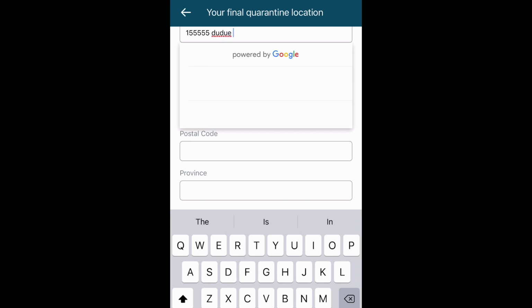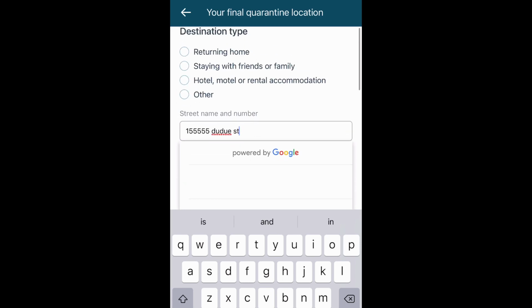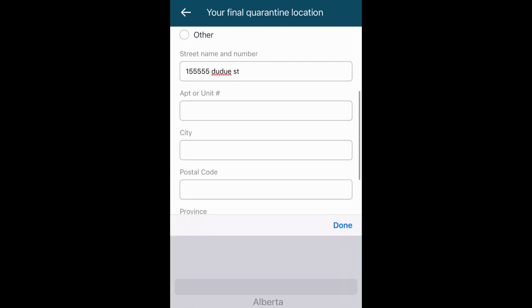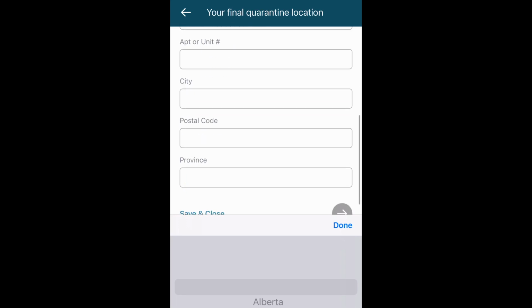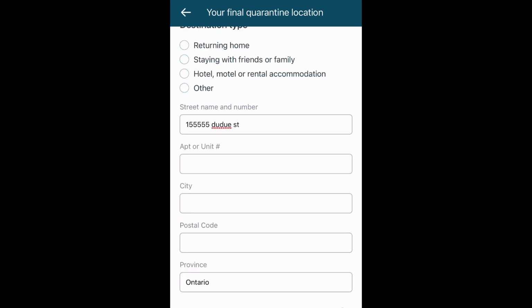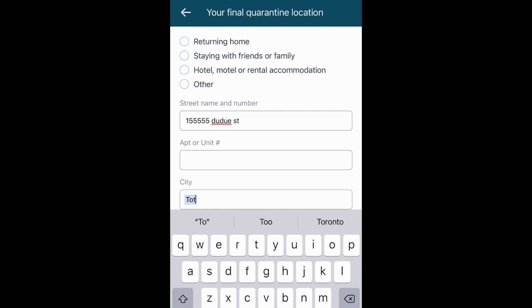Dew Street. Is it going to be accepted? Let me see. Okay. Province Ontario, city, let's say I put Toronto.